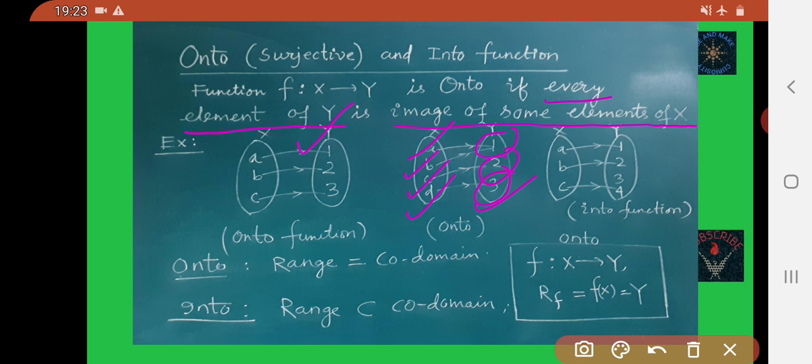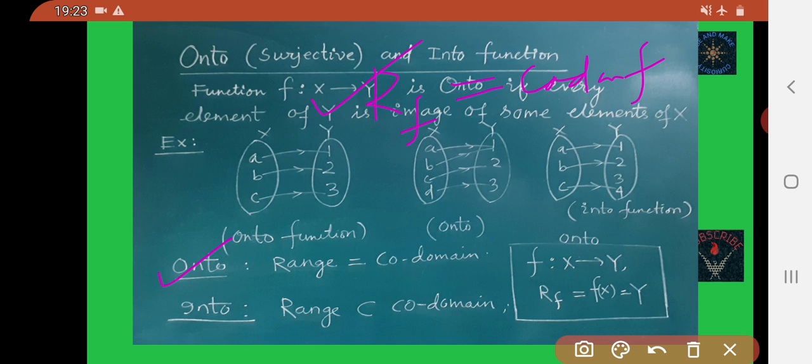Okay friends, in other words you can say the range of function f is equal to the codomain of function f. If they are equal, then function is onto.